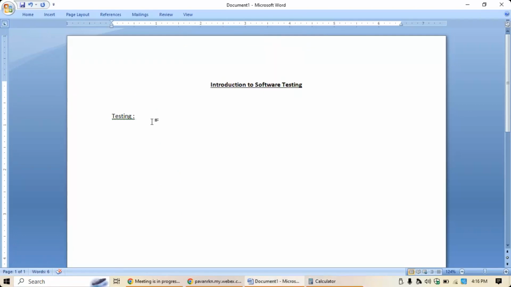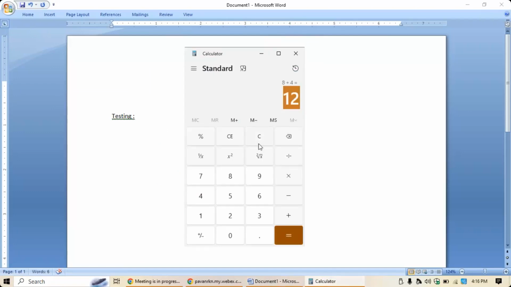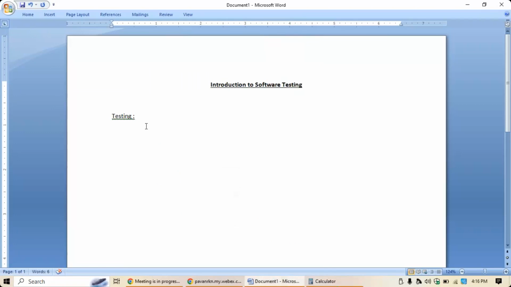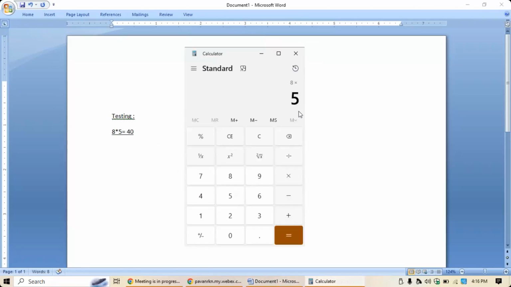So what is happening now? You are checking the application. So what is this application? This application is calculator application. For example, if at all you test 8 into 5, so you know what should come. So what do you know? 8 into 5, and you are expecting the value as 40, and you will hit equal to and see whether you got 40